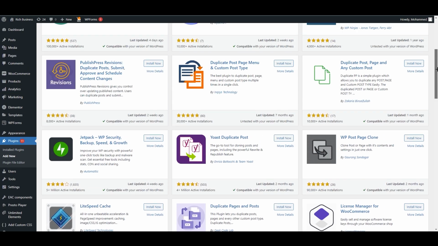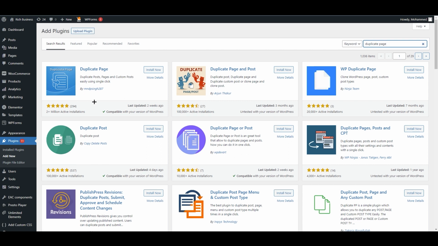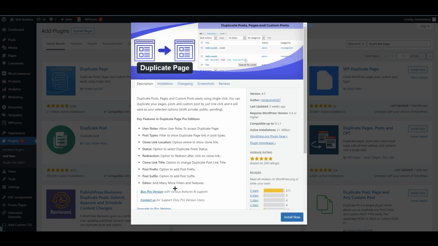But there's only one, in my opinion, that is so good, which is the first one. And you can see that 2+ million active installations have been using this Duplicate Page, compatible with your device. And if you want to see whether it is compatible with your version or not, it is by MNDP Singh 287, and if you click on more details, you will see why this